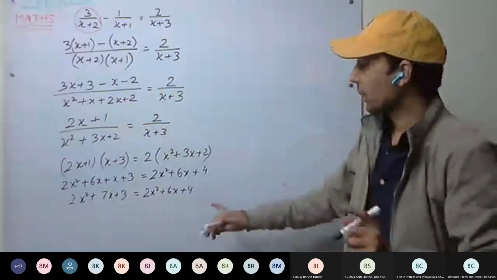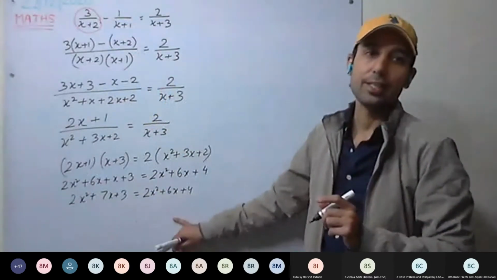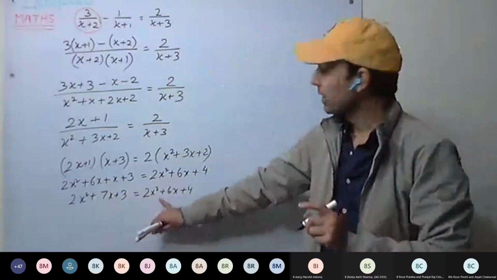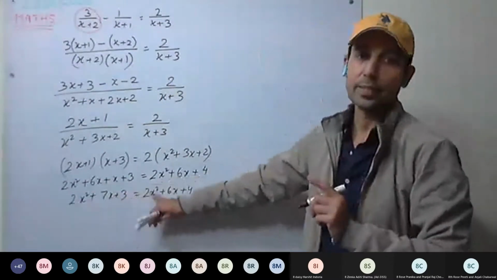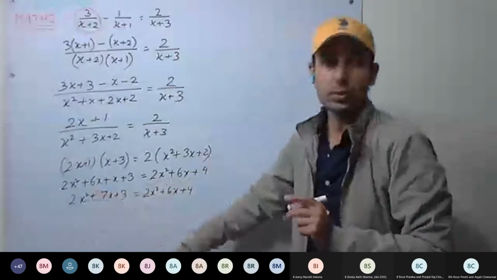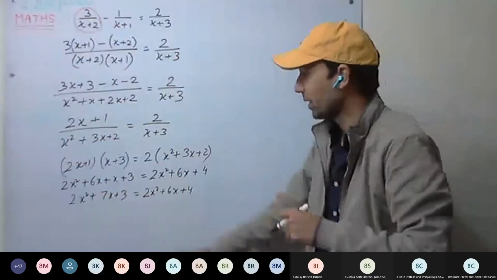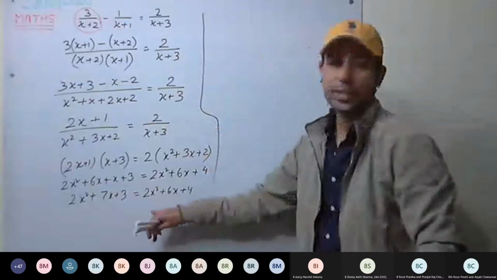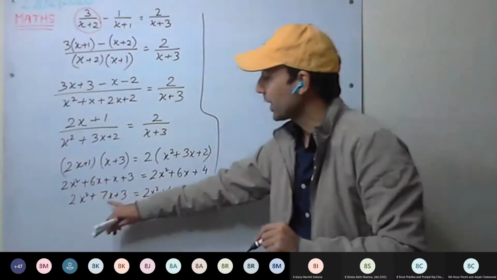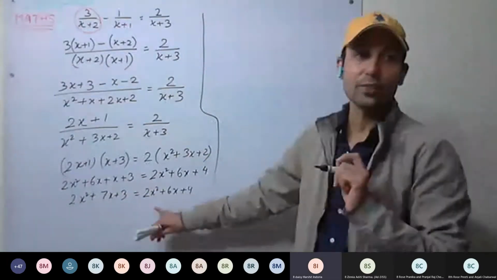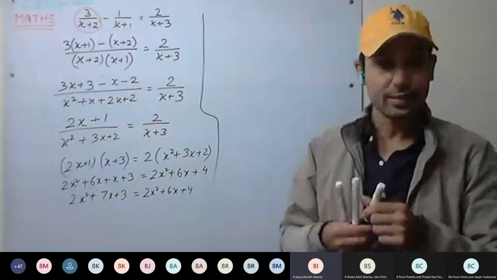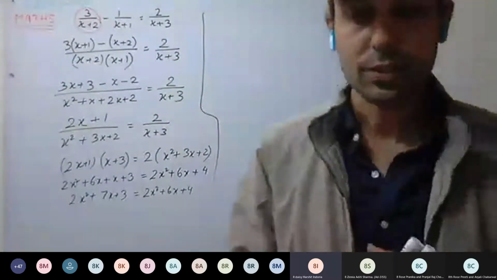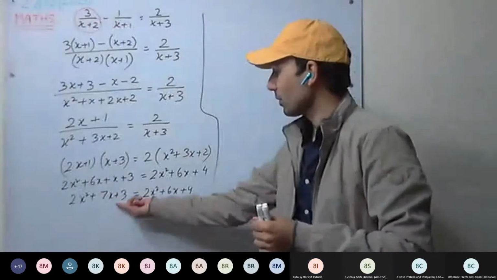Always remember one thing. This chapter is limited to linear equations. What we are getting? Quadratic terms, that is terms of x square. That means afterwards they are going to cancel. So this is a way to figure out a mistake as well. If they are not cancelling, that means you have made a mistake. Third question we'll discuss. Don't worry.